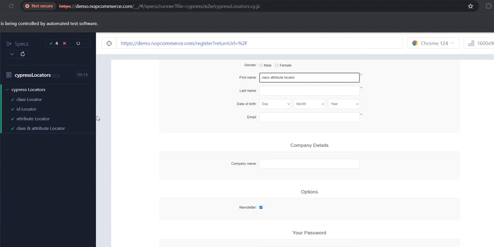Now we have finished executing our test. You can see that Cypress typed has passed. We have 4 tests passed, 4 of 4 are working properly. Class attribute locator, you can see that. So that is how to locate